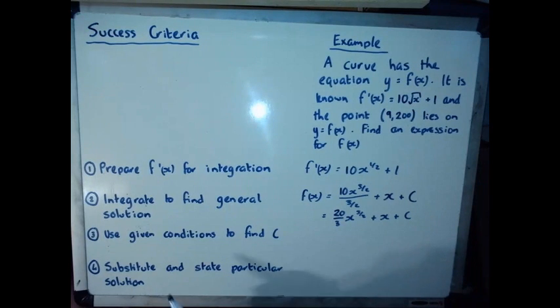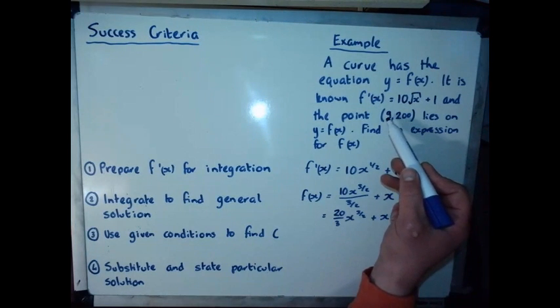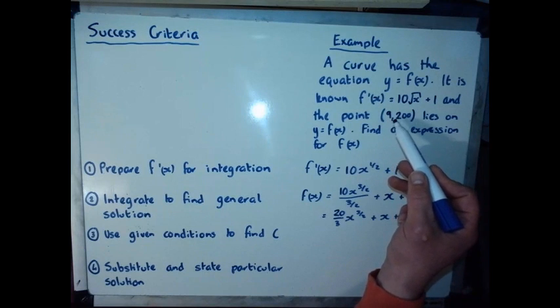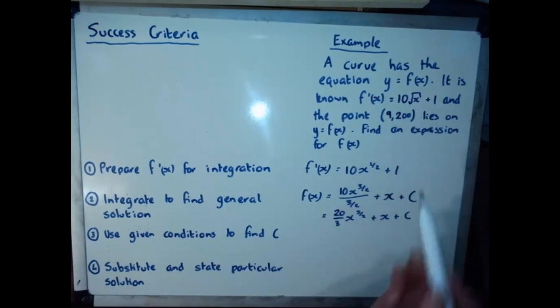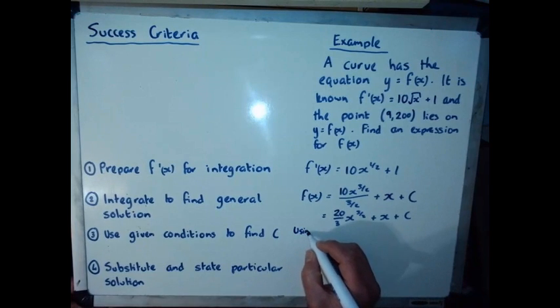To do that, this is when I use these initial conditions or a point on the line. So we're going to use this point here, 9, 200. Basically it tells me that when x is 9, then the y or the f(x) value has to be 200. So using that point,